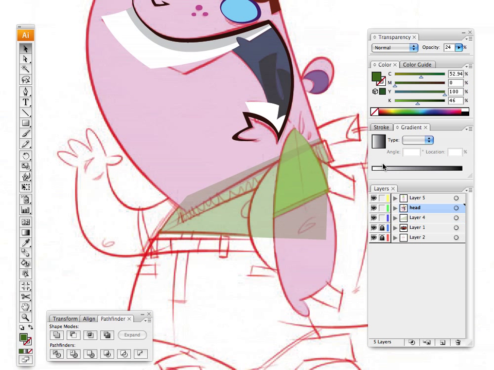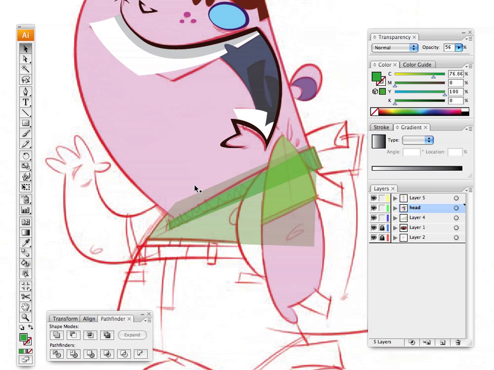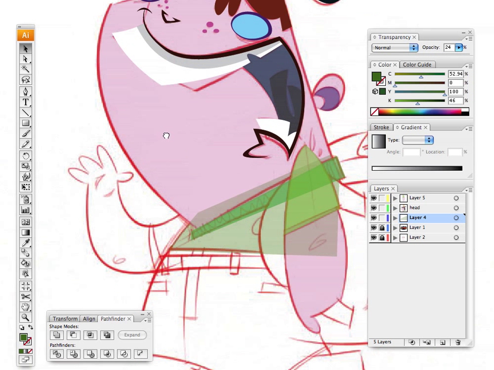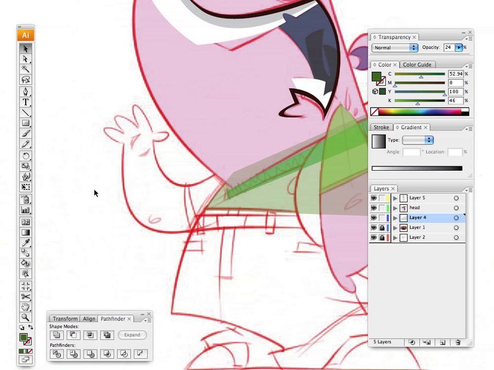On the head layer, let's unlock it and put in this collar. We'll go here, down to here, and back. And that is going to be behind the shoulder layer there. So this sleeve is in front of this collar, and this collar is in front of this torso. I know it looks a little confusing, but okay,